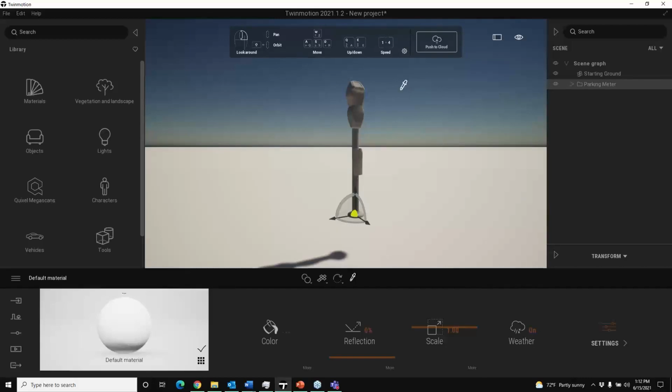Otherwise, every time you load it into a project where you're going to use this parking meter, you're going to have to go through the process of reassigning the material to it, which kind of defeats the whole purpose of having a custom library. We want to make sure we're saving time and not creating more time in doing processes that we can repeat and simplify here. So